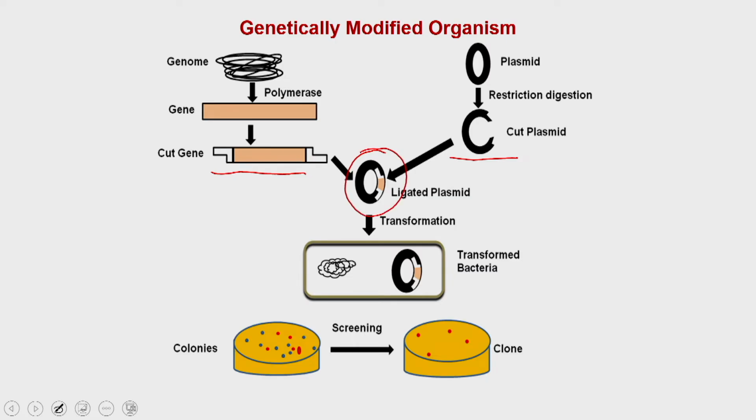That is how you are going to get the recombinant DNA, and then you are going to employ different types of DNA delivery methods to transform the bacteria, and that is how you are going to have the genetically modified organisms. And once you have this, you are going to do a screening process, so that you will be able to screen the transformed bacteria from the non-transformed bacteria, and ultimately once you get your desirable clone,